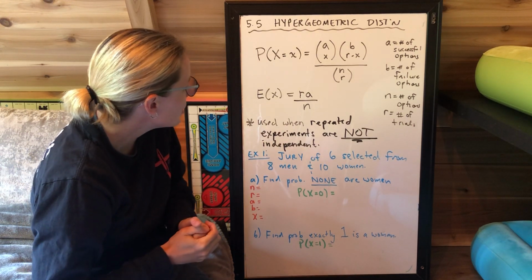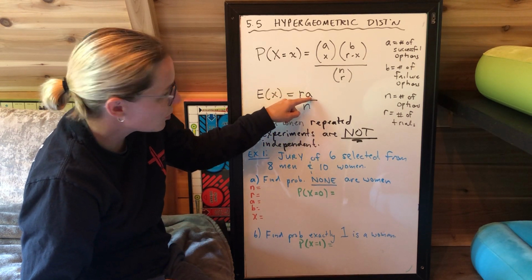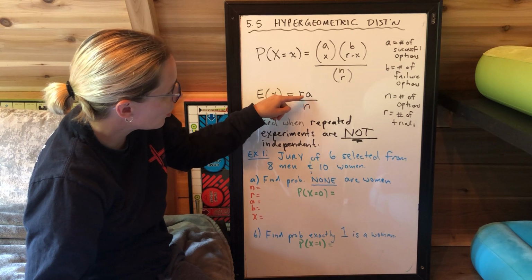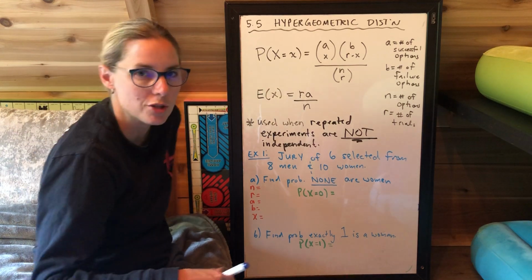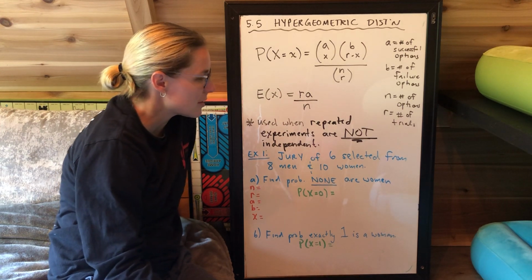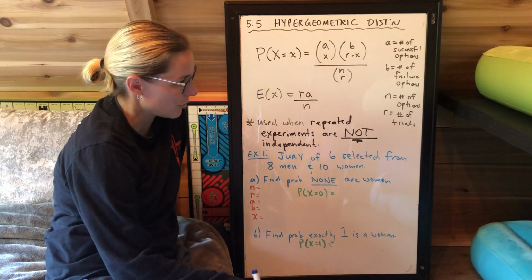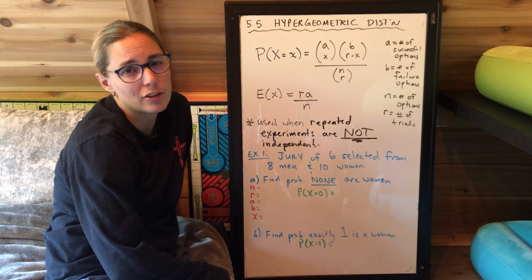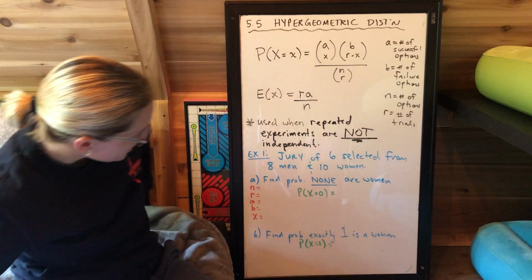Okay, expected value in this situation is talking about the number of trials you're doing multiplied by the number of successful options you have over the total number of options. So R times A divided by N. These are the 2 formulas you're going to be using in hypergeometric distribution. And again, because we're doing it online and there's no one there to really assist you, I'm trying to drive the focus of, here's the formulas, maybe make a nice formula sheet before you do the assignment. You identify what type of distribution it is, and then it's just a matter of plugging the numbers in and solving. Okay, example 1 that's listed here,